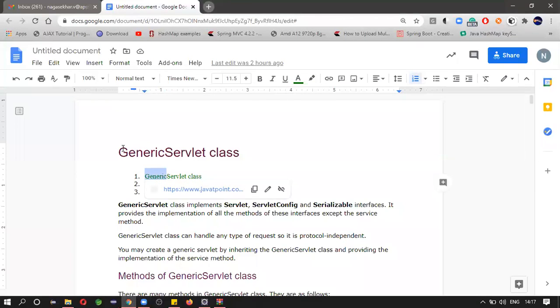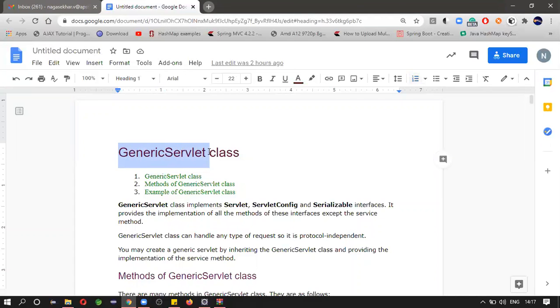Generic servlet. First, the interface name is servlet, and next, generic servlet. See here, generic servlet class is implementing what? Servlet and servlet config and serializable. These are all again interfaces. Servlet is general interface which is designed by Oracle people.